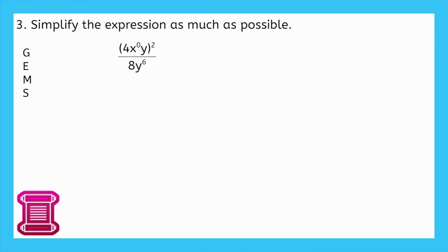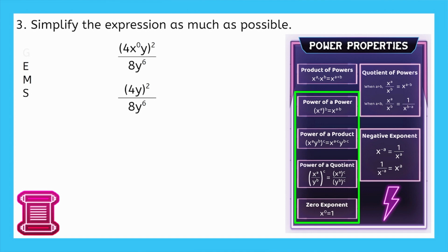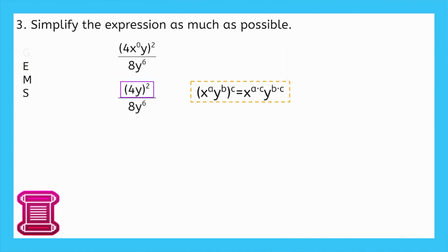Take your time to look over the expression, follow the order of operations, and use your properties inventory sheet as needed. Starting with this grouping, x to the power of 0 can be simplified. The 0 exponent property tells us that anything raised to the power of 0 equals 1. Now these constants can be multiplied, making everything in the grouping simplified. On to the exponents step of GEMS, which means we're looking for anything that requires the 0 or power of properties. The power of a product property tells us that this outer exponent of 2 can be distributed to each